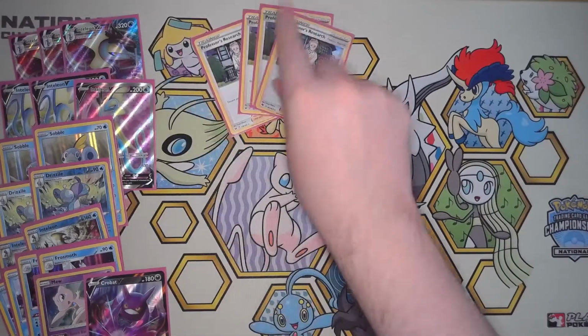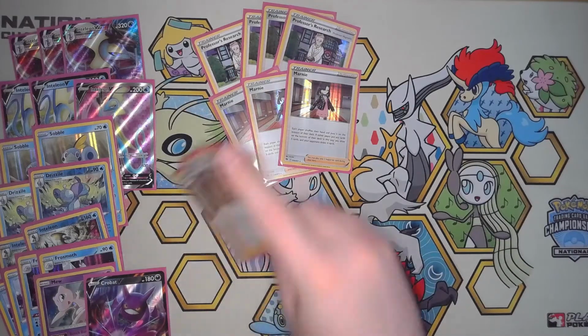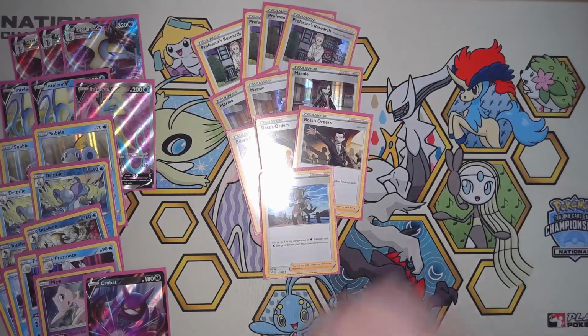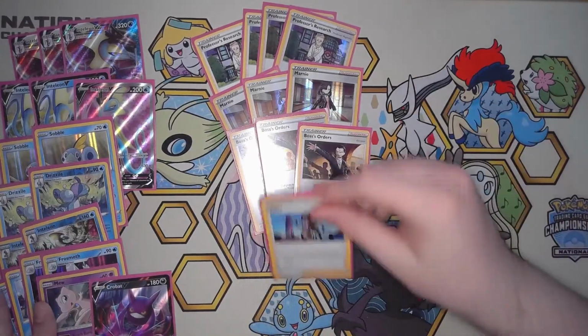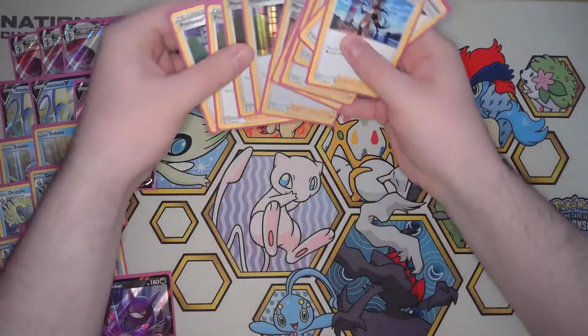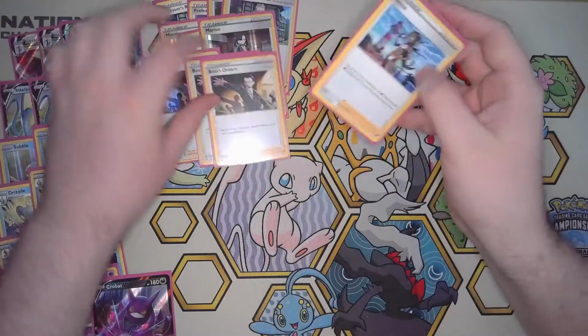For trainers, we've got 4 Research, 3 Marnie, 3 Boss, and 1 Nessa as our supporters. The only thing really to talk about here is the Nessa as a 1-of inclusion, because you can search for it with the Drizzile and Inteleon. You can just kind of get it when you need it. Pretty straightforward, so we'll just bunch these up. Nice and easy back here, so we have room for all of these item cards that are coming up in